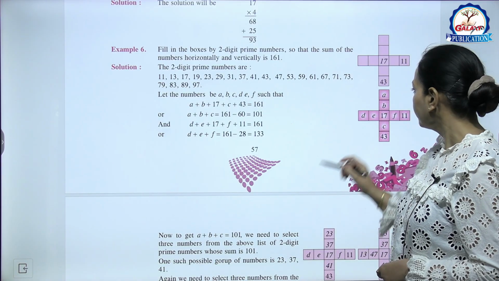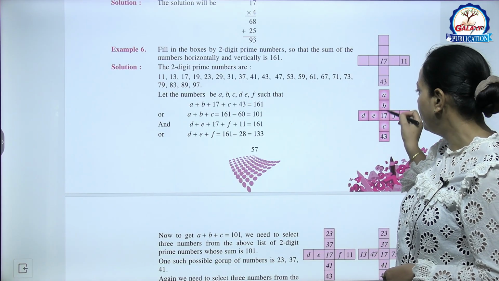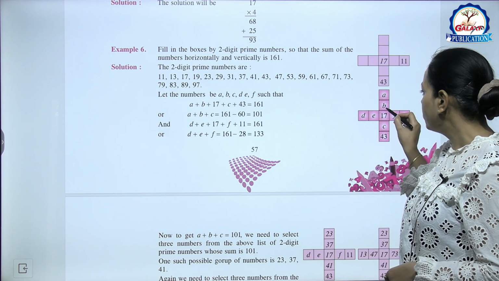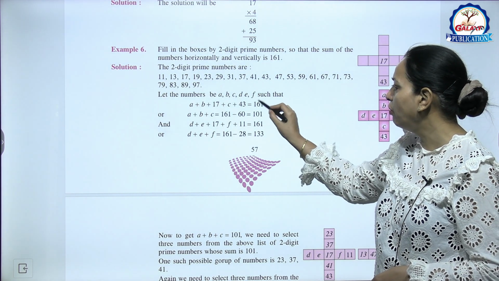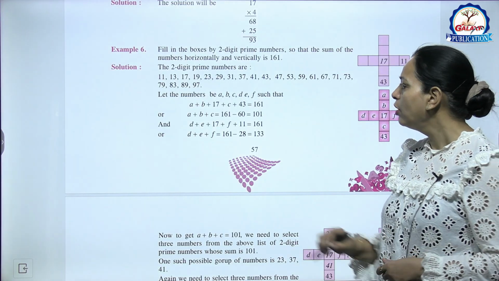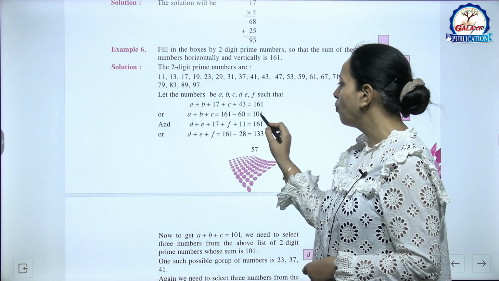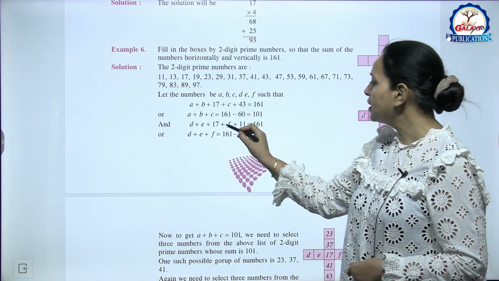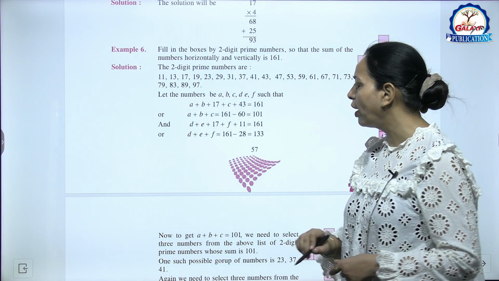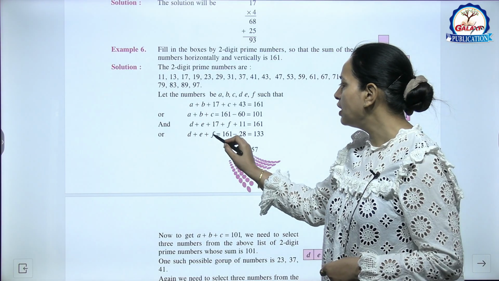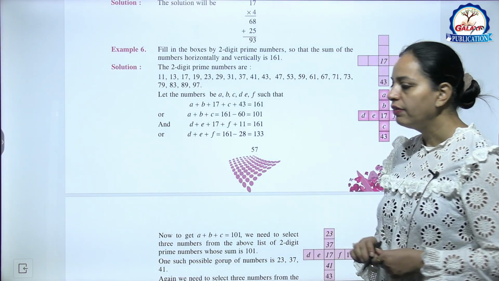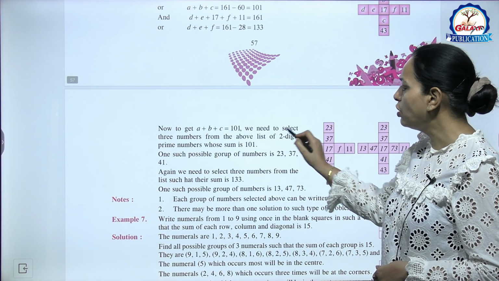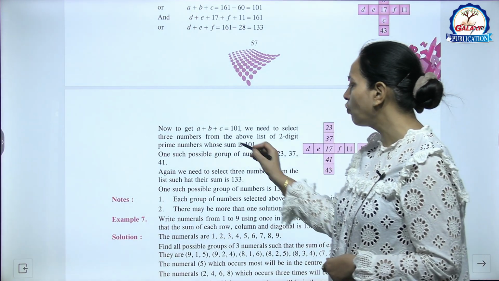Now see, here we are writing A, B, C, D, E, F, right? Okay, now A plus B plus 17 plus C plus 43, it should be 161. So A plus B plus C is 101. Okay, now here D plus E plus 17 plus F plus 11 is 161. So D plus E plus F is 133. Now to get A plus B plus C 101, we need to select 3 numbers from the above list